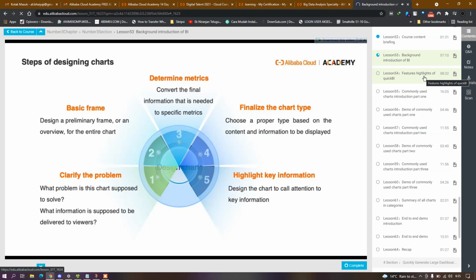And the fourth step is, now you have decided, okay, this is the dimension I want to use, this is the measurement I want to measure, but should I use a column chart, or a pie chart, or even a scatter plot? So you still have a lot of choices, right? You need to have common sense about which chart is the most suitable to present what kind of category problem. And then you can decide the final chart type. And then finally,